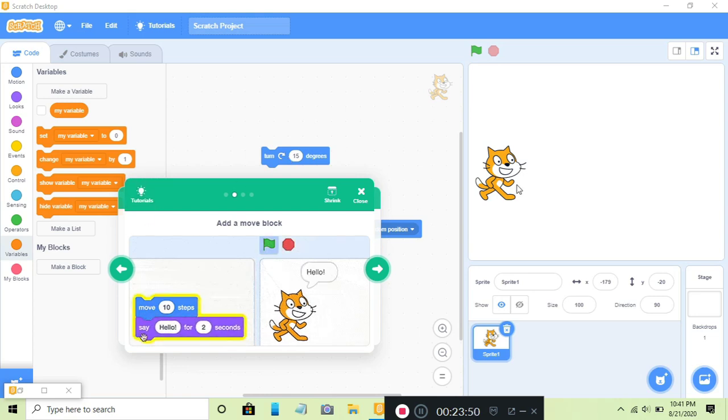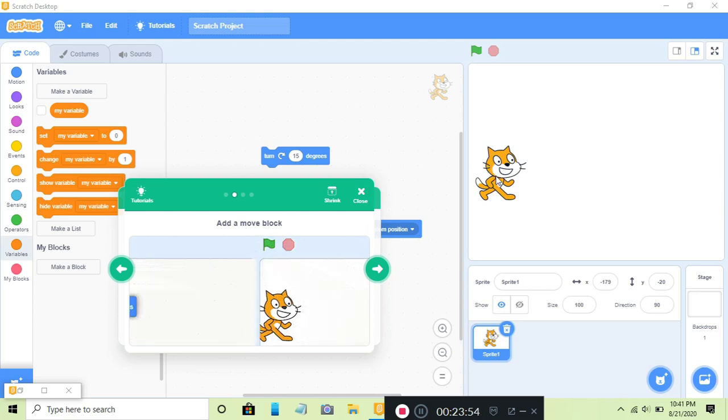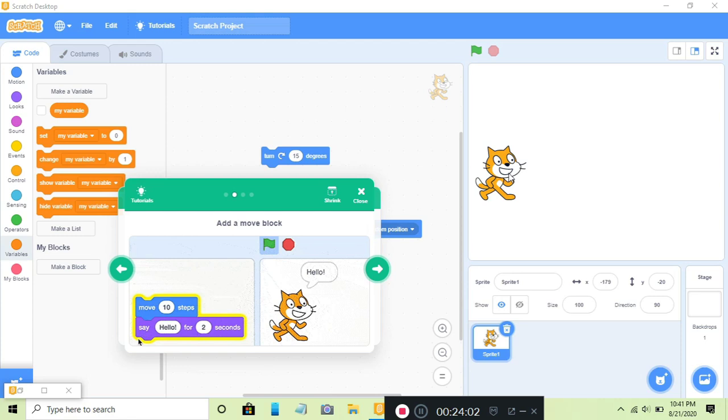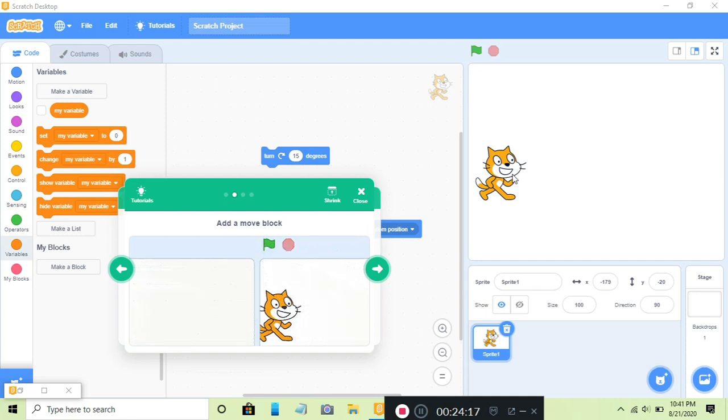Now if you want not one sprite but many sprites, like there is a jungle and many animals gathered like cat, dog, lion, tiger, giraffe, zebra, and you want to make them start a conversation among them, right?